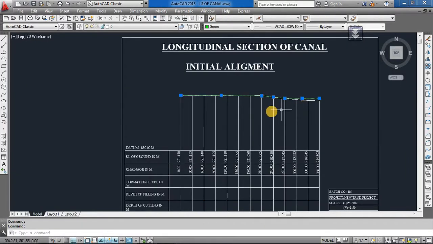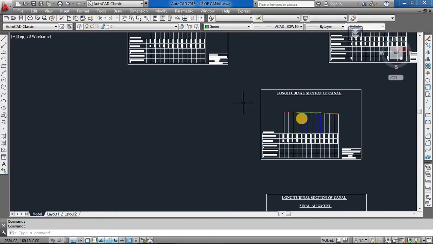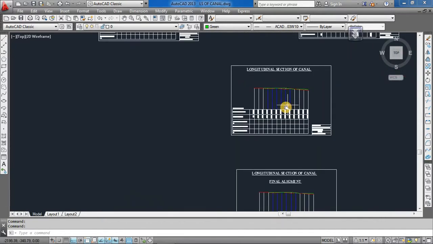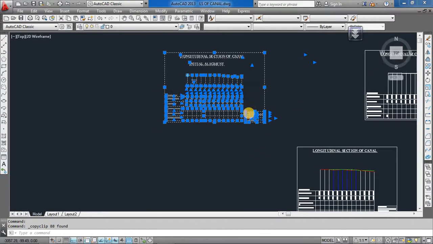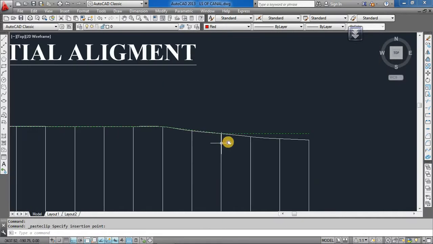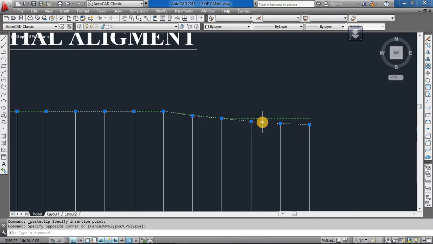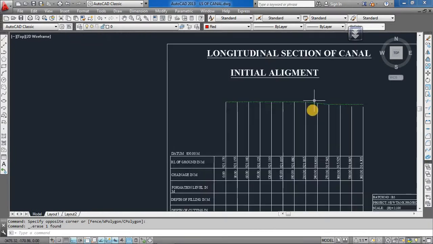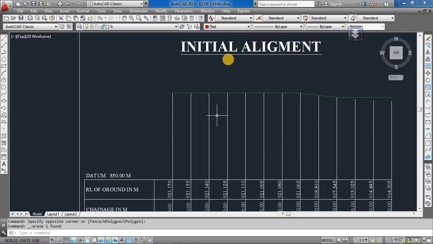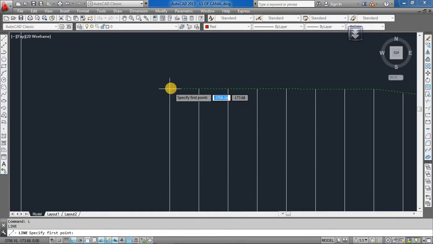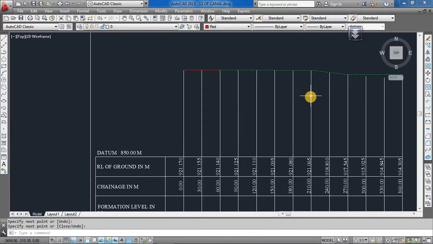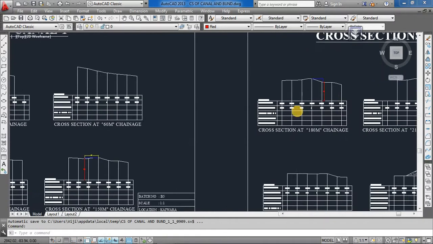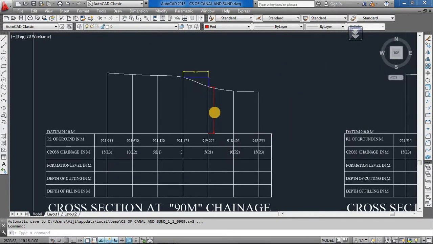Okay. So after getting those final RLs, what you need to do is take the same thing, copy and paste it here and delete this existing profile. So keep that formation level as it is, and the final alignment will be the same up to 60 meter, whereas from 90 meter it will deviate, where the RLs will be changed to these values. So first RL is